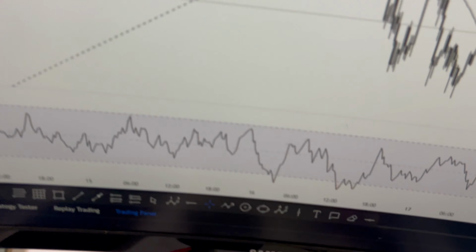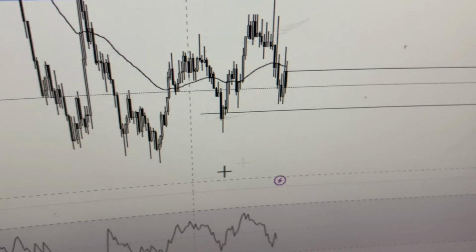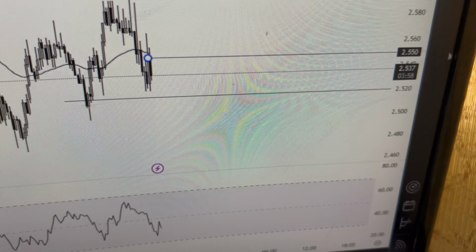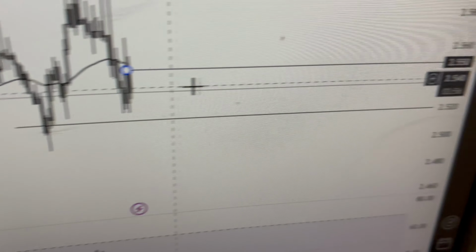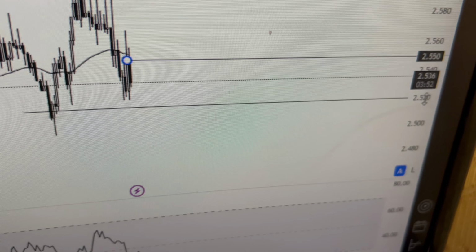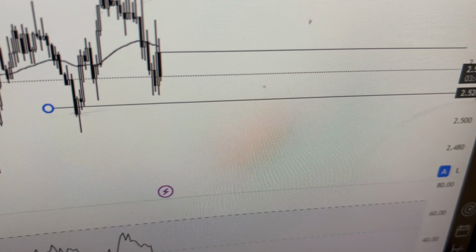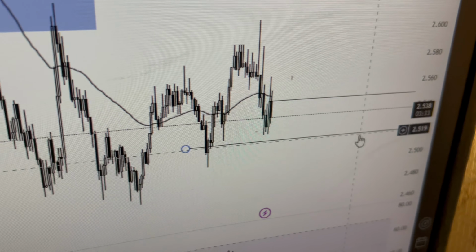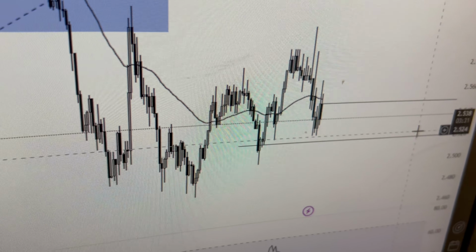So this is what ChatGPT has to say. Say if price rejects from 255, here is 255. Price has already rejected from 255 here, and now we are waiting for it to break below 252 here. Yeah, 252 here. So now we wait. The moment it breaks below 252, I'm going to send the chart to ChatGPT and ask what to do next. So for now, we stay patient. I just wait for confirmation. So we are not going to miss any trade today. What happened yesterday will never happen today.